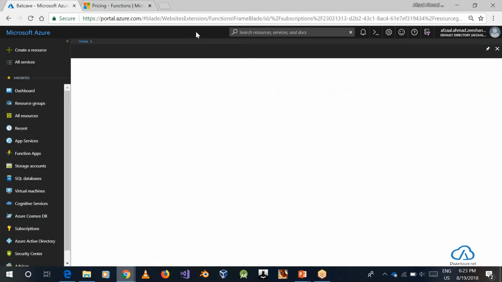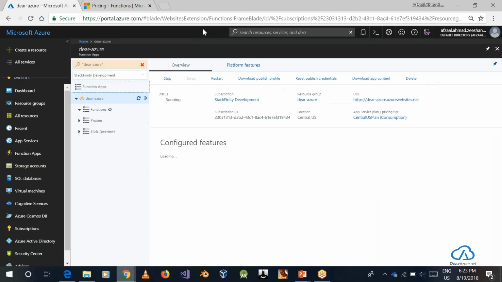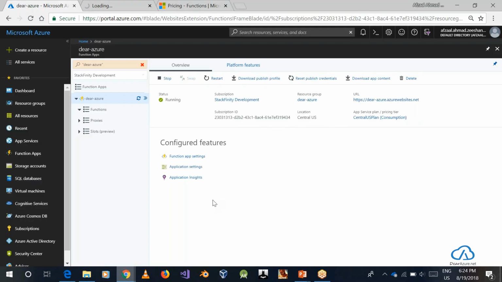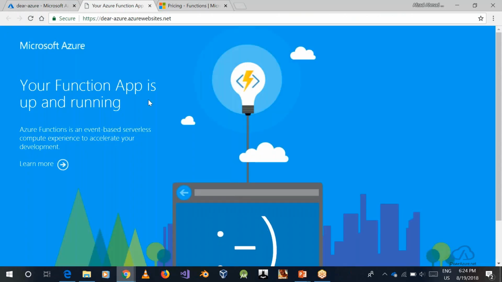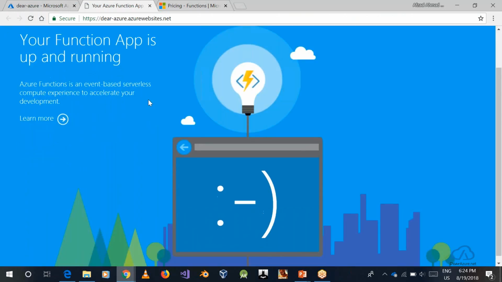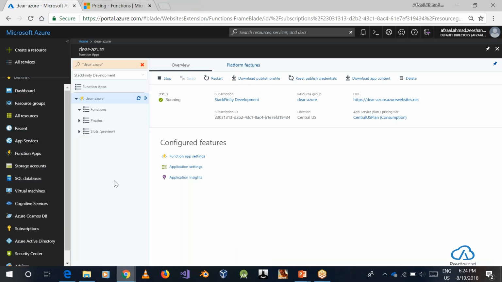So now that our resource has been created, let's just go ahead in the Azure function. So far, basically it's just a portal that tells us what has been created, what we can do, and what other offers are there. It will say that your Azure Function app has been deployed, it is up and running, and so on and so forth. So now the actual part comes when we have to create a function, or we have to create the proxies or slots.